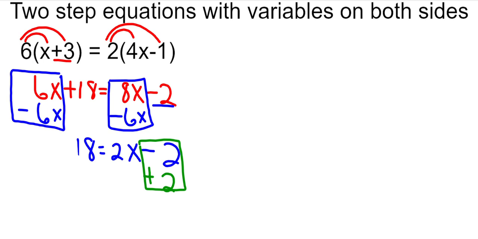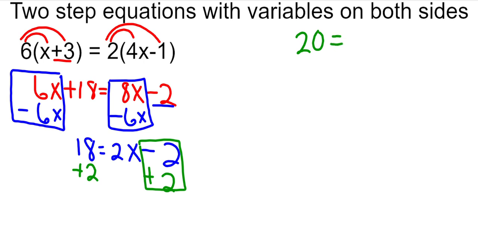I am so sorry. I need to add 2 to the right side. I have to keep this fair. Anytime I add to the right side, I have to add to the left side. If I subtract from the left side, I have to subtract from the right side in order to keep it fair. So I've added 2 on the right side. So now I've added 2 on the left side. 18 plus 2, well, that's 20. So let's go ahead and move this over here to the right-hand side of the screen. So I have 20